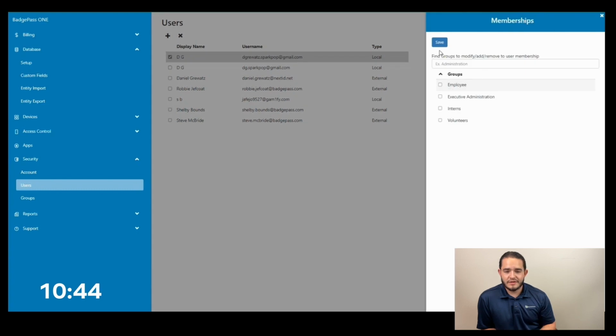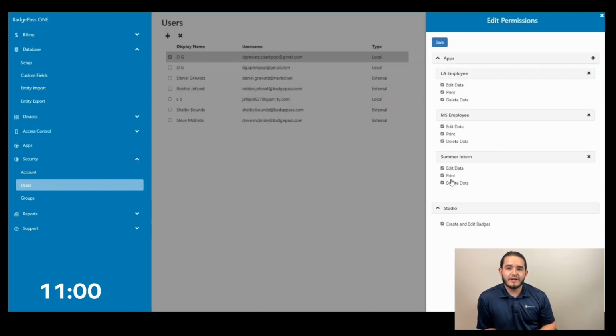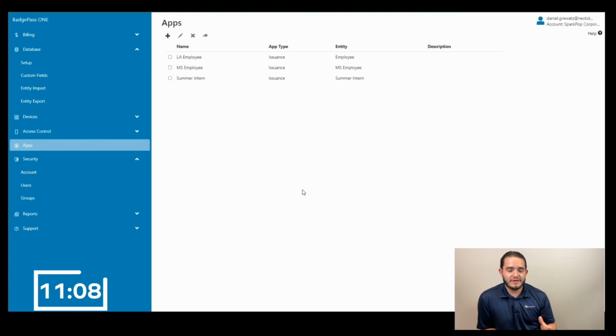Once you do that, just verify the permissions, make sure they're in the right groups, that they've got the right permissions to print badges, and then once you do that, you're good to go. As you can see, app and badge sharing is a huge time saver when looking at BadgePass ONE configurations. So next time you need to configure a BadgePass ONE account, simply go and use the app and badge sharing to help you save some time for that